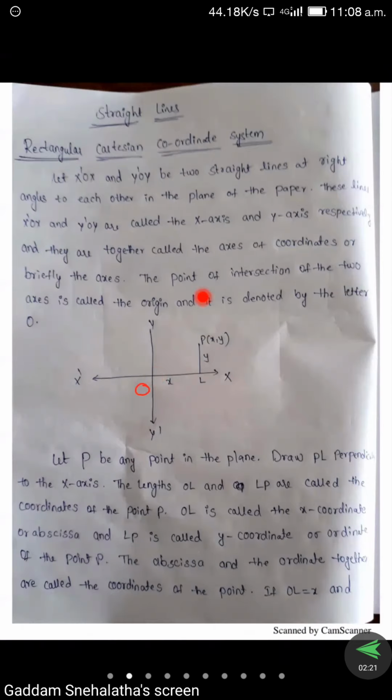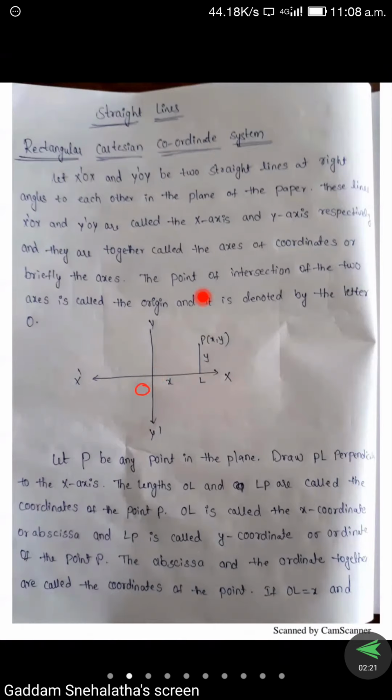The length of the x-axis first we have to take on x coordinate and the length of the y-axis we have to take on y-axis. So length of the x-axis is x. So first we are taking the point x. Next point is parallel to y-axis, means this is y. So that's why I have taken y. So this is called coordinate of P.